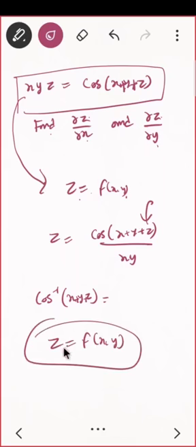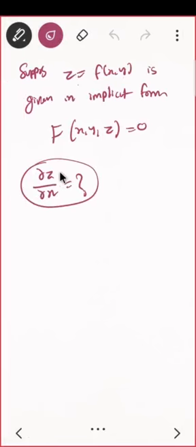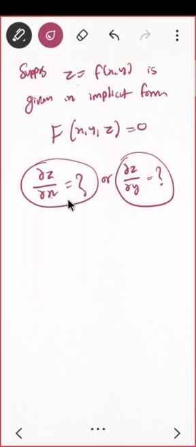If I could write this, then taking the partial derivative with respect to x and with respect to y would be quite easy. Do you agree? So this is the issue. How to do this type of question? This was there in the GATE exam, where they had log instead of cos. Again the same condition, you cannot take z aside. So how to do this type of question? If you want to find dou z by dou x or dou z by dou y, that is the question. Even in the JAM exam they used to ask.